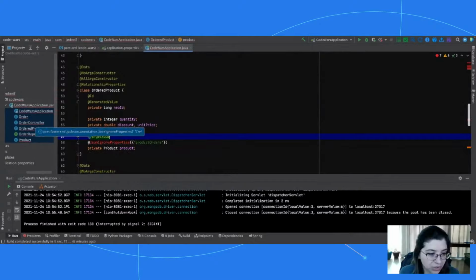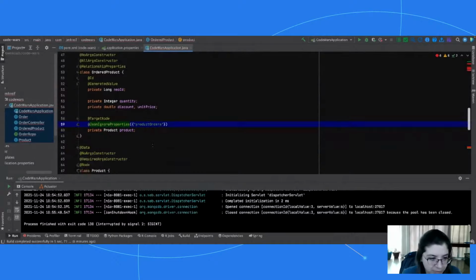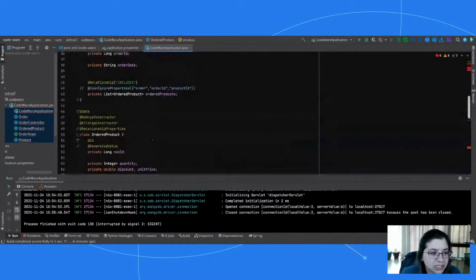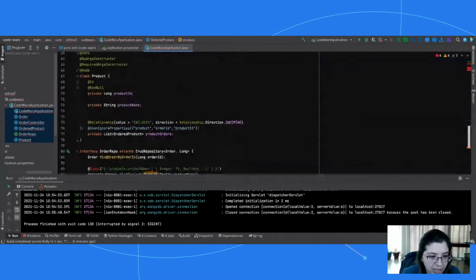So we have a target node of product, and then, okay, import that. Okay, and that I think should be good. Yes. Okay, so now we're in good shape. And I'll walk through that JSON ignore properties in one second. And we did order already. And then, yes, we got it on that side.